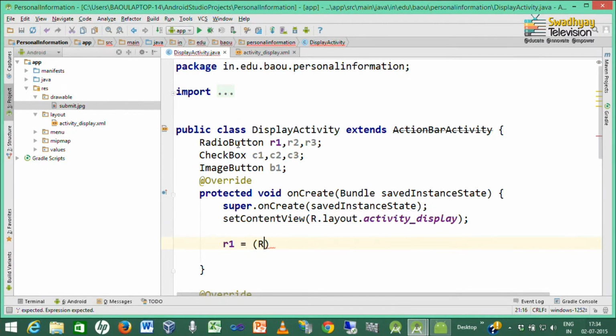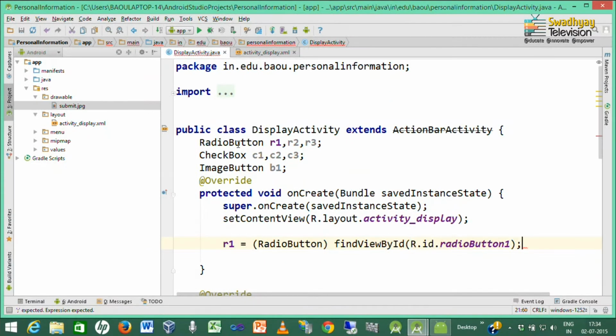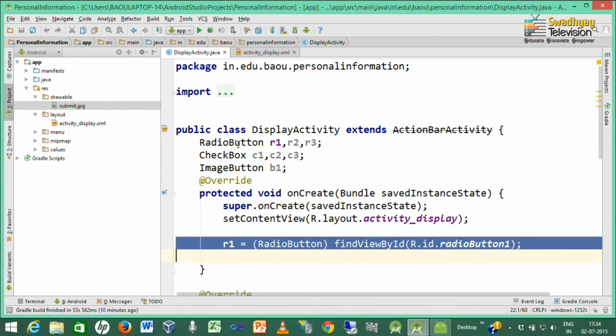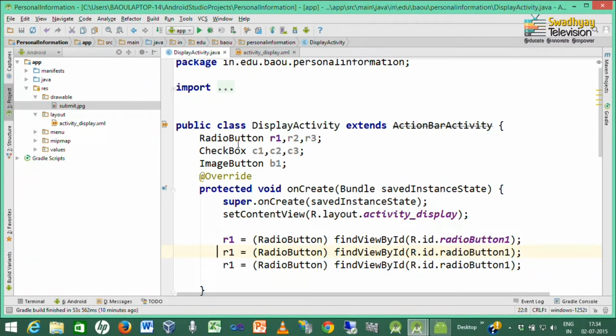R1 is a radio button with ID R dot id dot radio button 1. Likewise, R2 and R3 have IDs radio button 2 and 3.